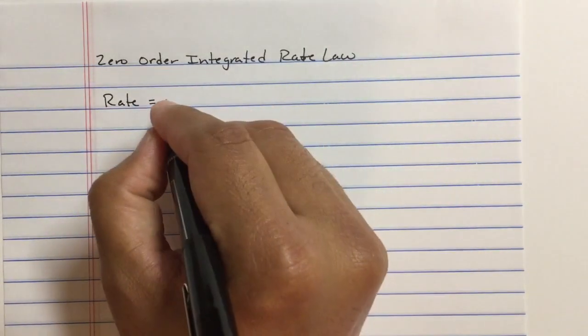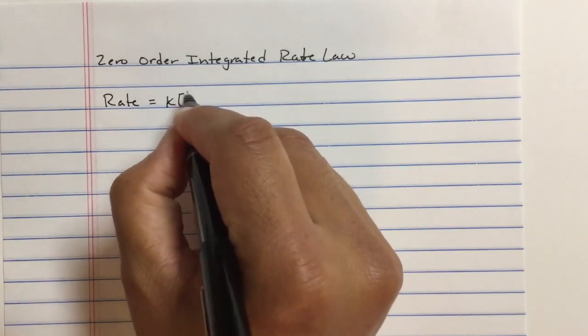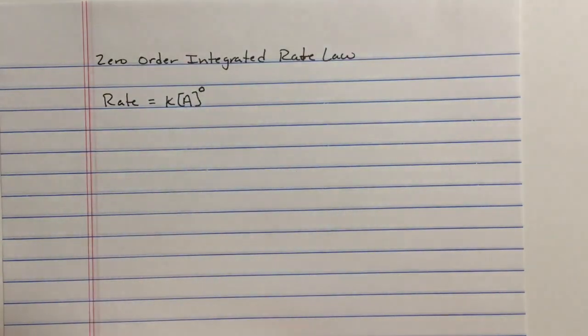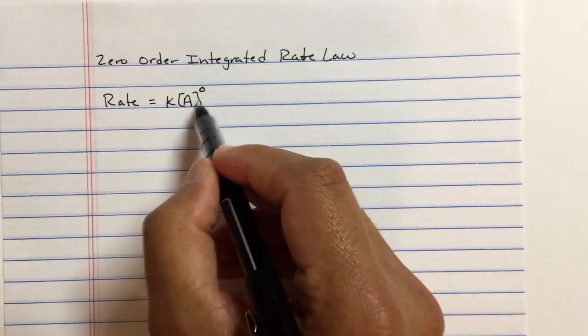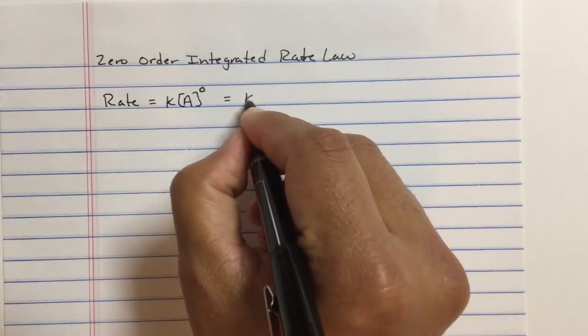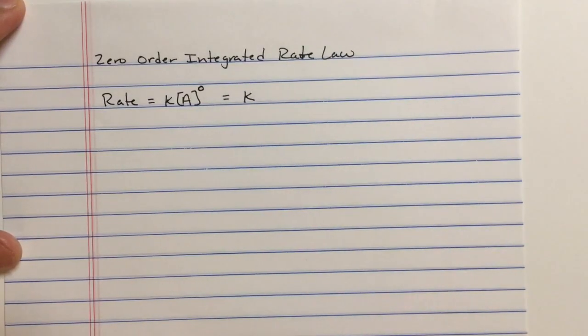if we're looking at some generic equation, just A, zero order means this is raised to the zero order. Anything raised to the zero order just equals 1, so the rate is just equal to k. And so if we want to look at how this is integrated with time,